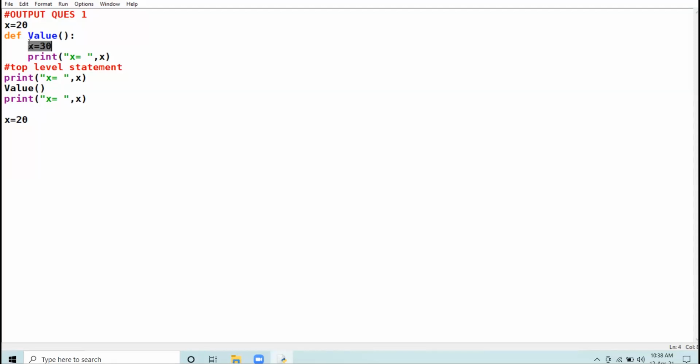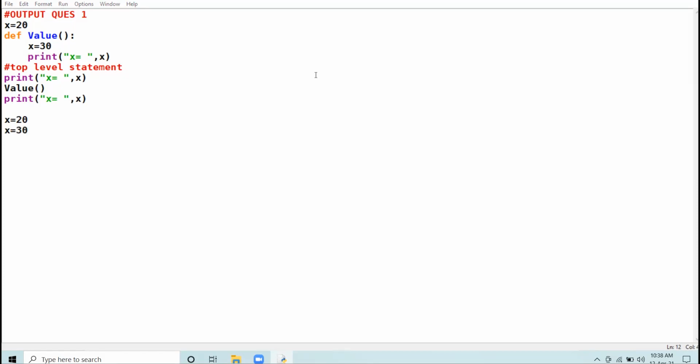Now a local variable named x has been created here. Now this x has hidden, or you can say it has hidden this global x. Now this x will be printed as 30.